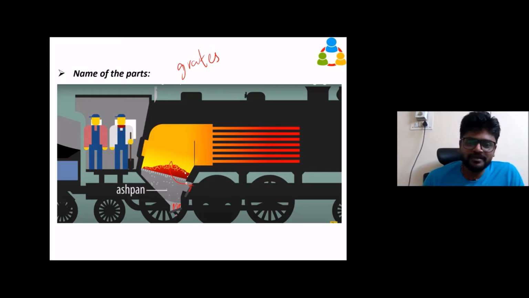It allows the air supply. And this door is to collect the ashes, whatever is collected in the ash pan. Once it reaches the destination, they are going to collect these ashes. So this is the ash pan. This is the detail you should know. Now we'll go to the mechanism, how it moves the wheel of the steam engine.